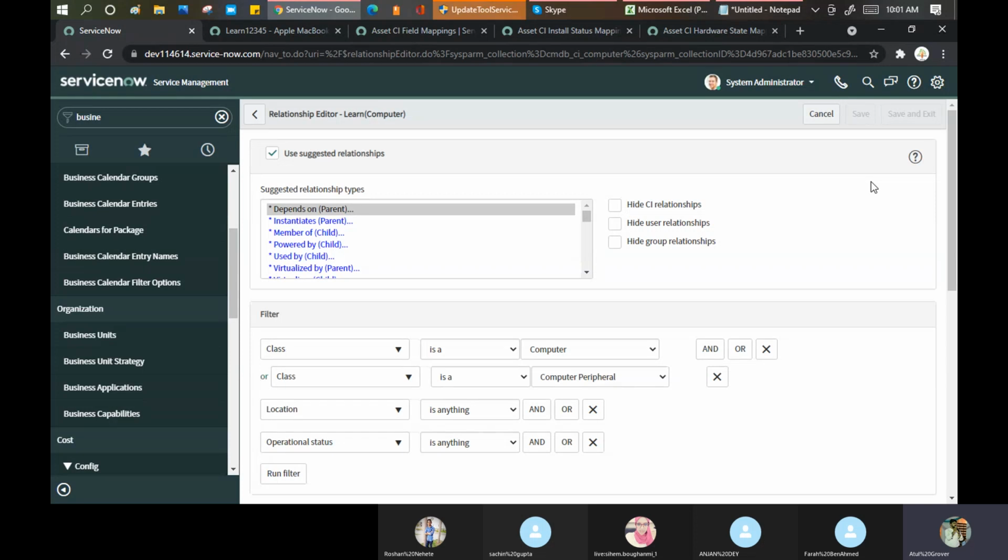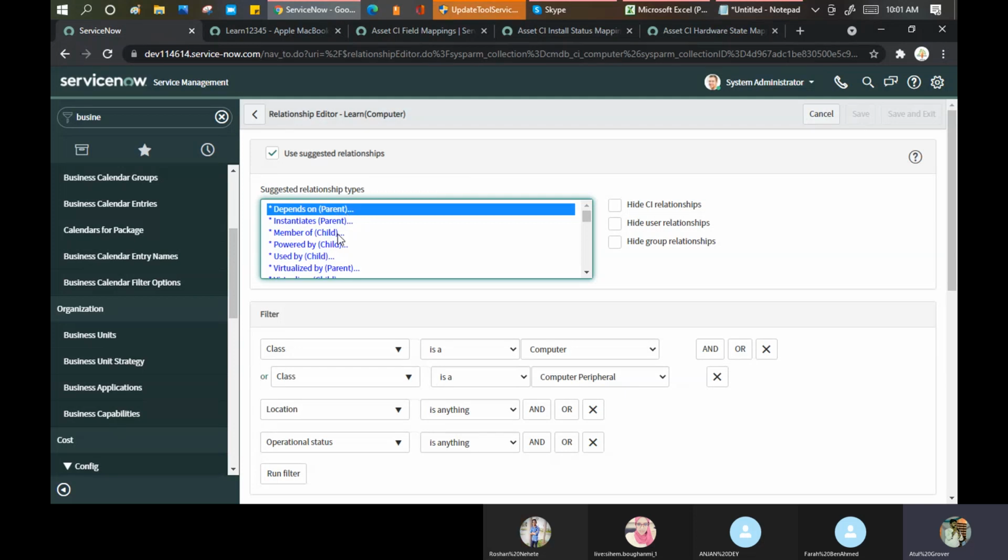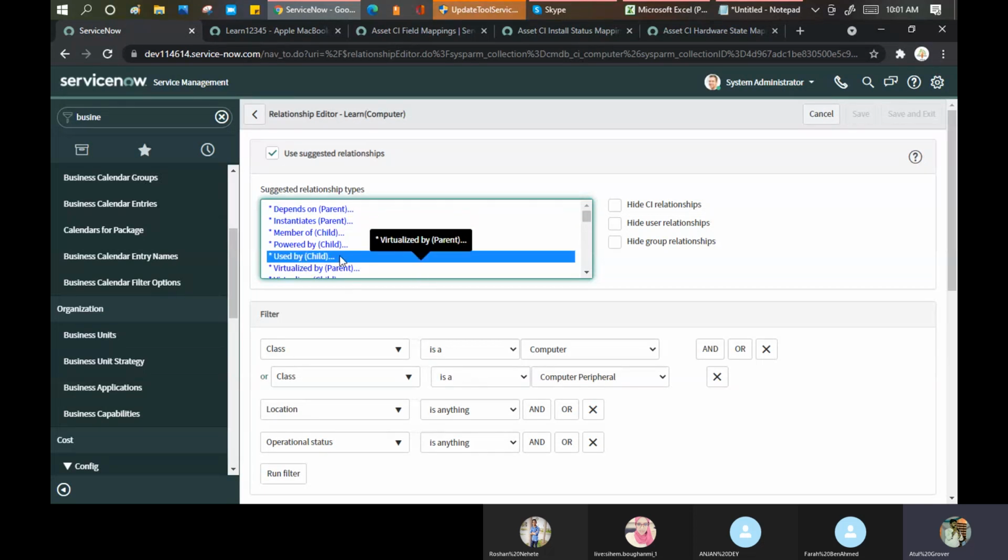So these are the relationships we have in ServiceNow as well. We have multiple relationships: this particular CI depends on, member of, powered by, used by. Maybe I can say this CI is used by my application service called YouTube.